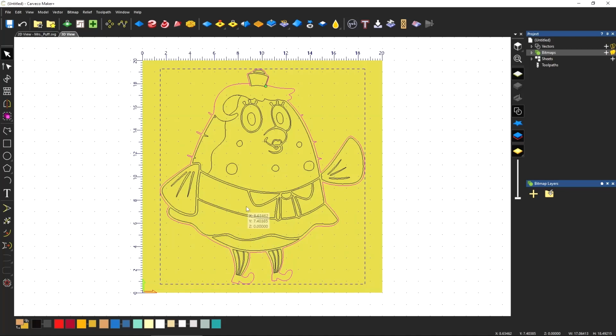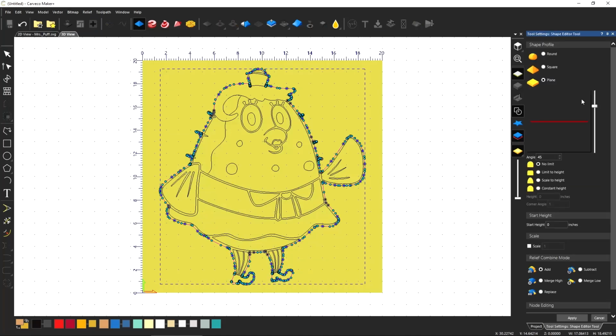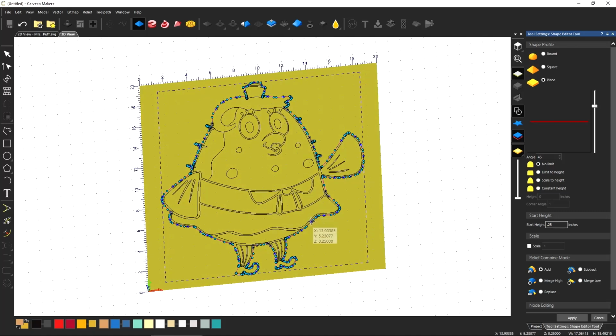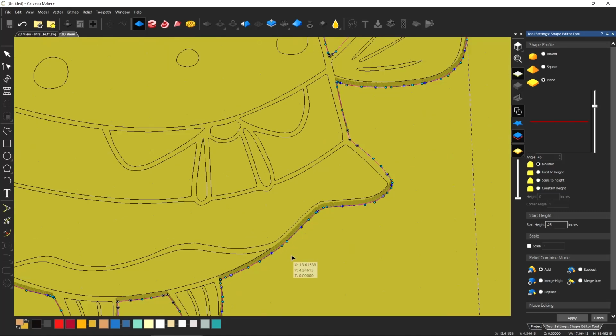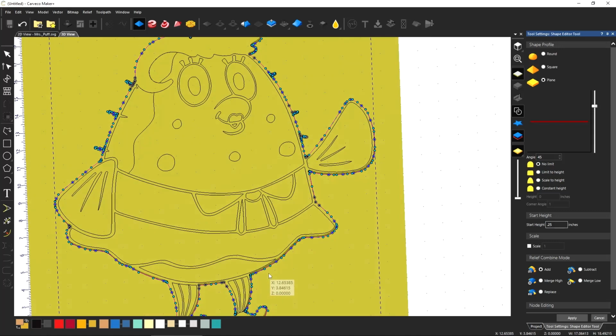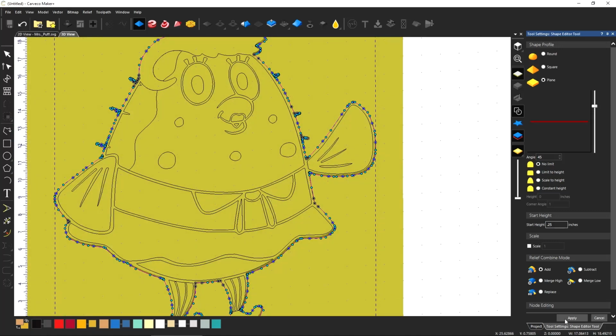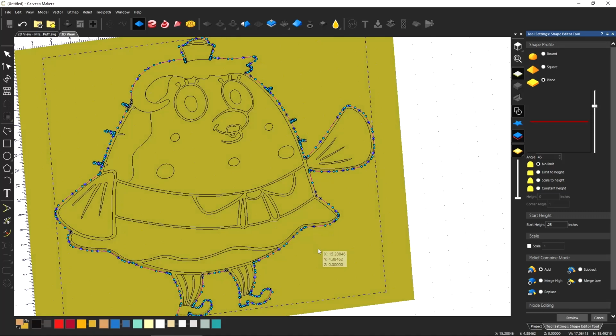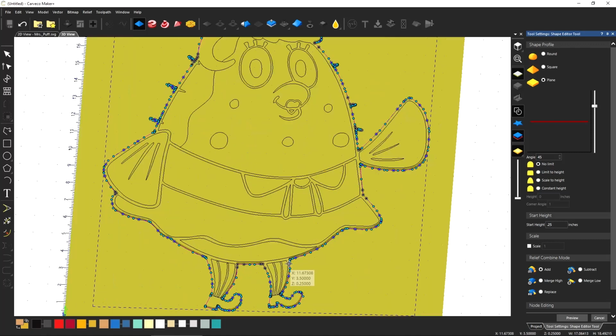The first thing I like to do is we're going to open up our shape editor here, and on a flat plane we're going to give the entire model a base to sit on, and I do that by just starting with a 1/4 inch base. We're on add, so it adds the material. If we zoom in here, you can see that it's raised up to our entire model 0.25. So we hit apply,